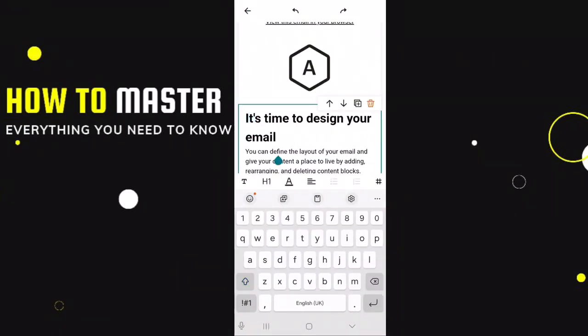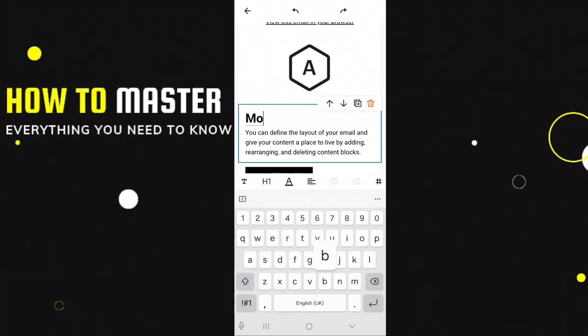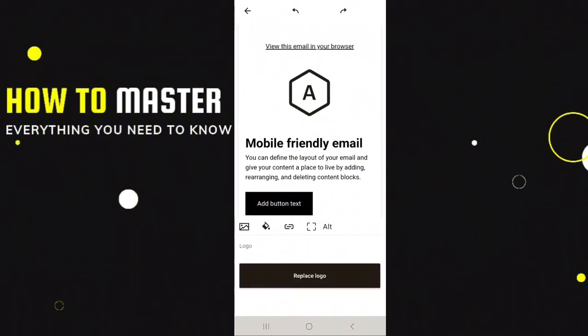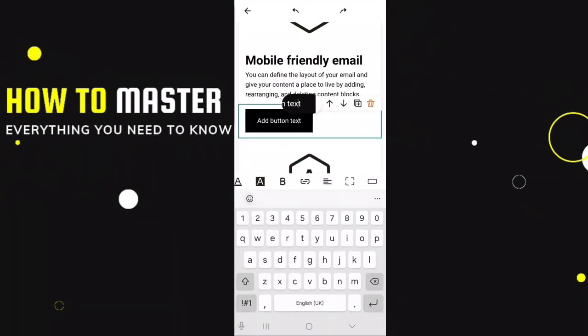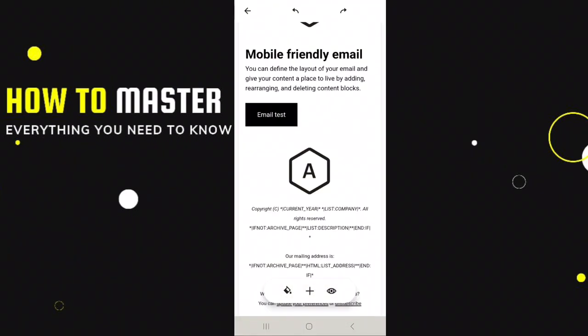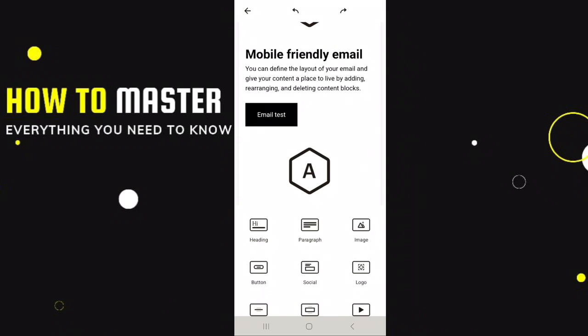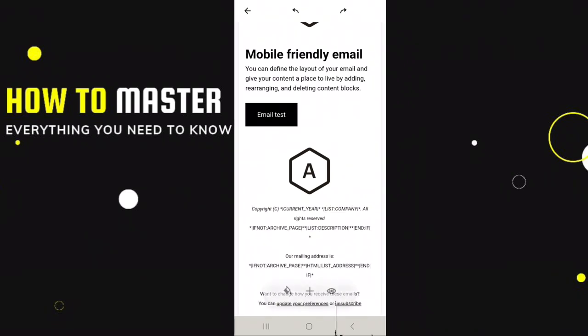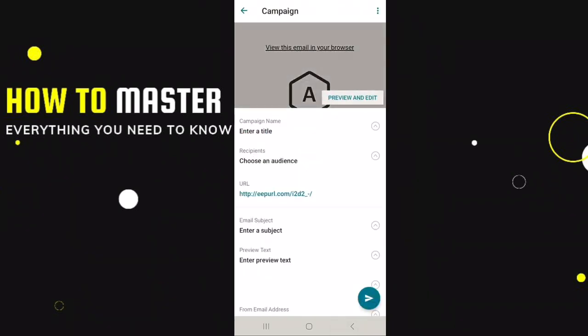Keep in mind that mobile screens are smaller, so use concise text and high quality images. You also have to ensure that your images are optimized for mobile devices by using appropriate file sizes and formats. And you can also place prominent calls to actions or CTAs above the fold so they are easily visible on mobile screens. Then finally, use Mailchimp's preview feature or test your email on various mobile devices to ensure it displays